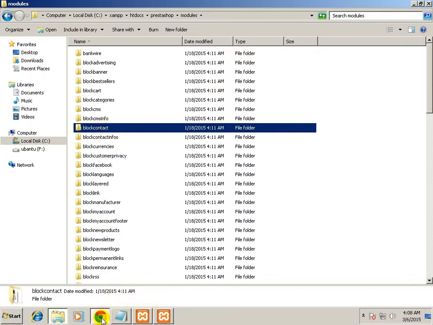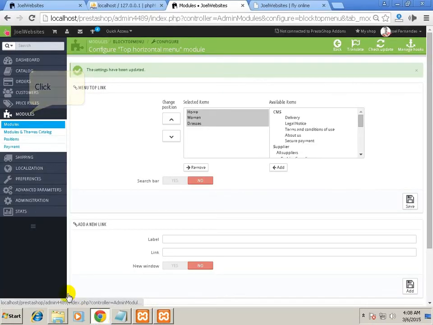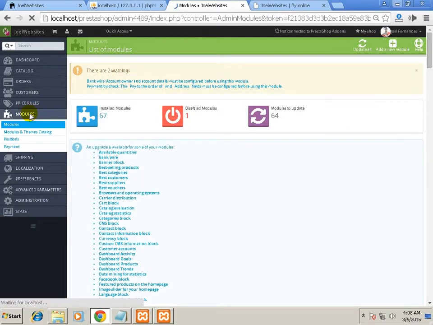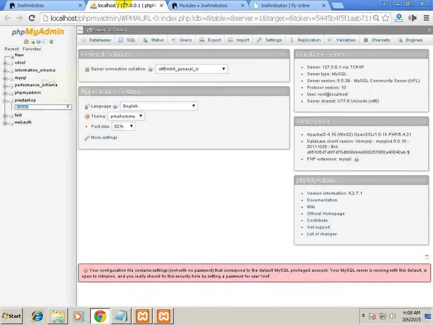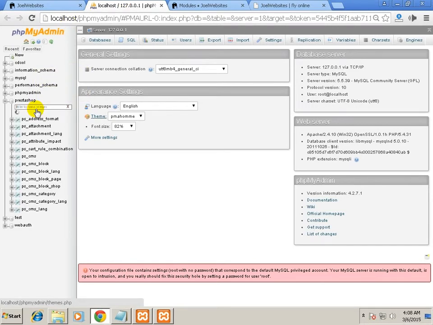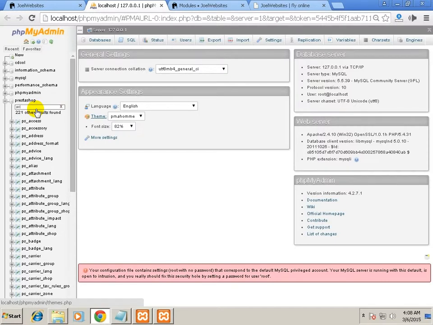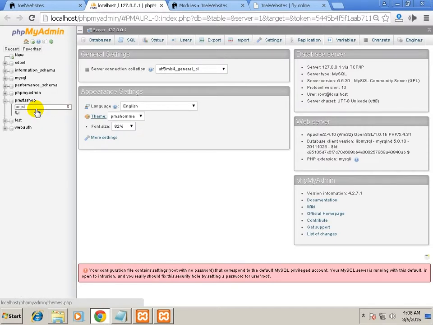Okay, and also from the database, I'll just show you the modules. PS underscore is my database prefix. Okay, so here all modules are available. You can see whether the module is active or not from here. I'll click on show all.